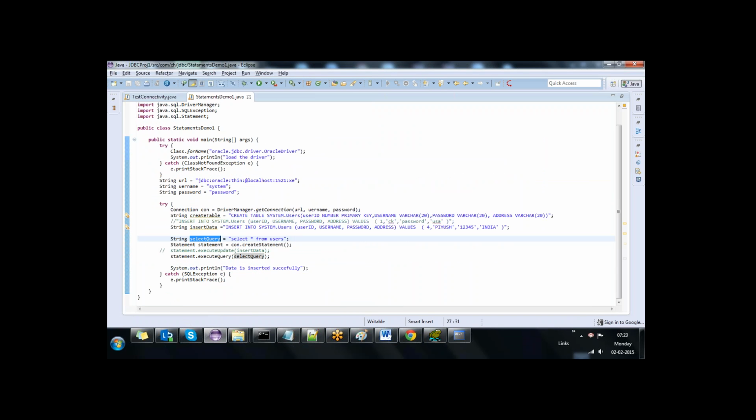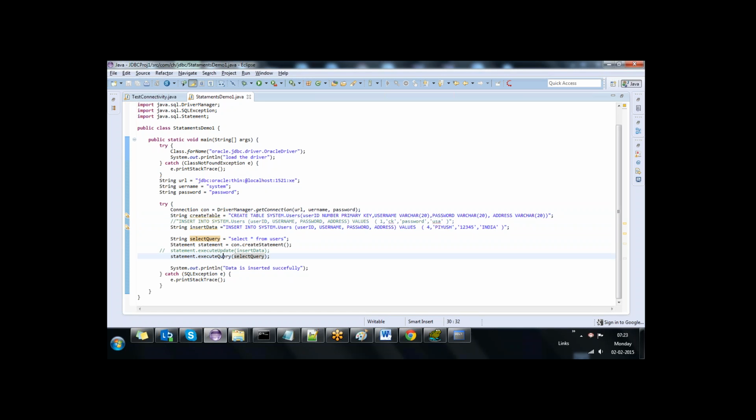Now we'll see, we're executing the select query. We're not executing insert, we're not executing create data because it's no longer used here. Okay, select query. Now run the application. What will happen? The execute method,